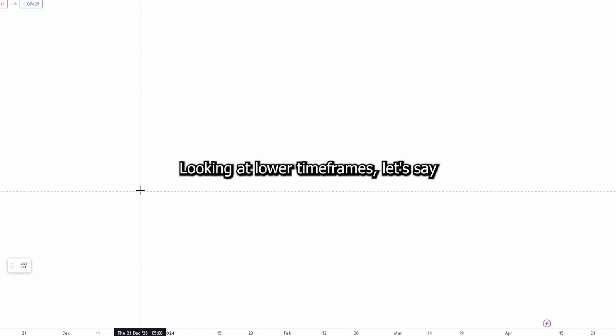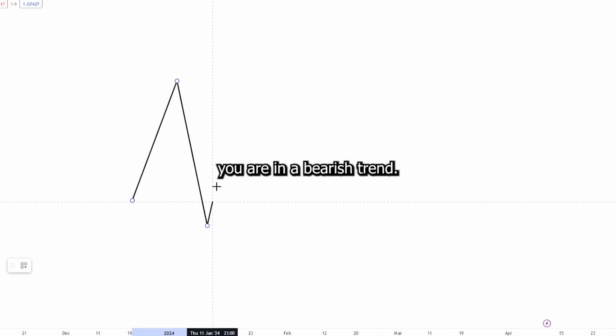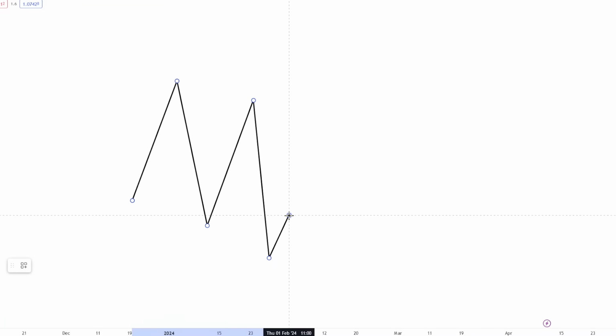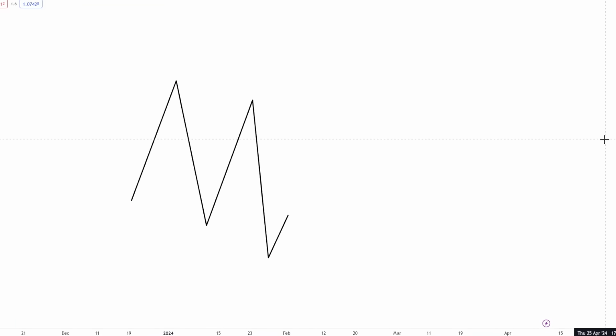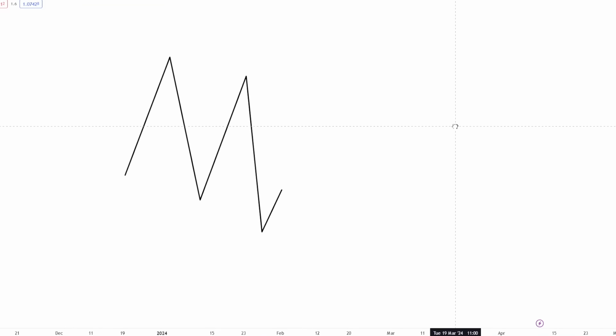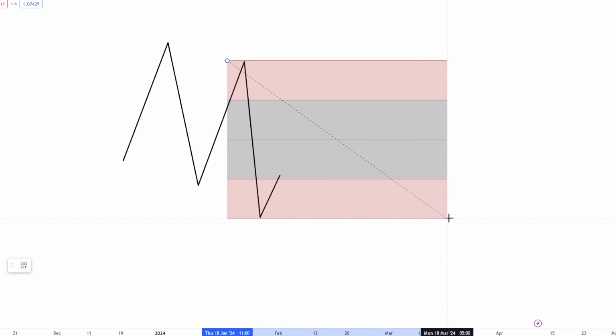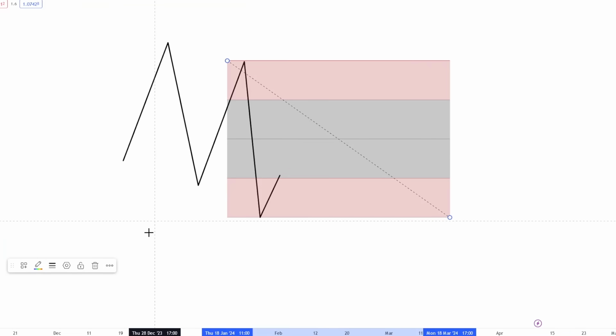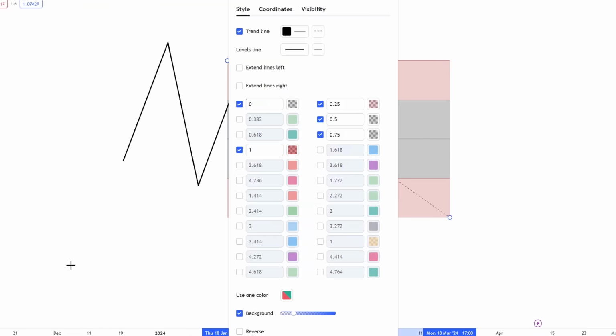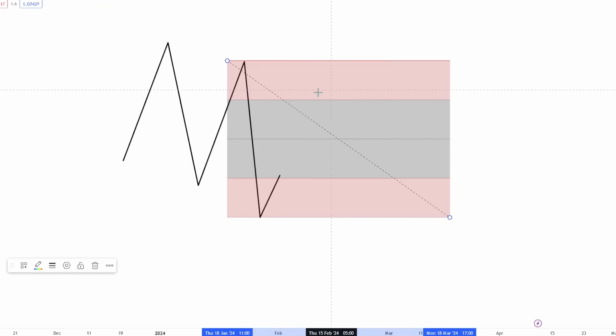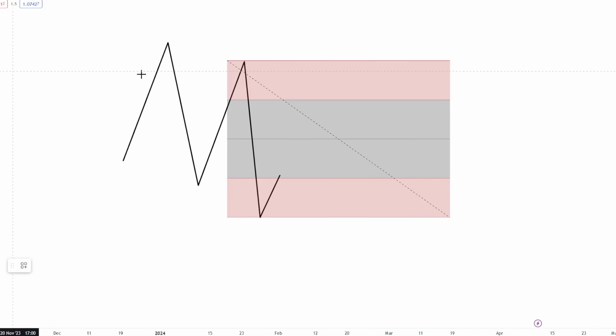Looking at lower time frames, let's say you are in a bearish trend. So on the lower time frames, what you're looking for is, if you mark up your extremes, and let me show you the settings real quick. These are the settings. And I explained extreme levels multiple times before, but this is your premium and this is your discount. This is where selling the item would be cheap and this is where buying the item would be cheap. So knowing that,